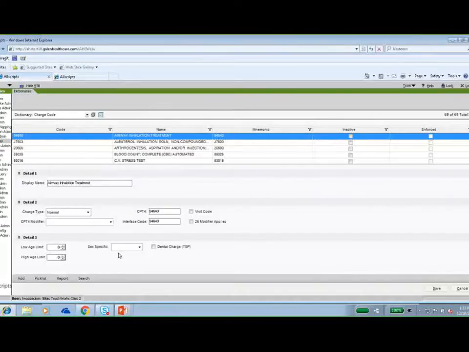This entry displays in TouchWorks EHR, but is not sent back to the practice management system. Administrator can use this field to change the name of the charge code to something more relevant for a physician or team user. And then we're going to move down here to Detail 2 and take a look at all